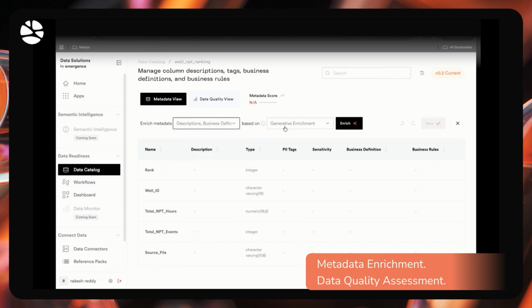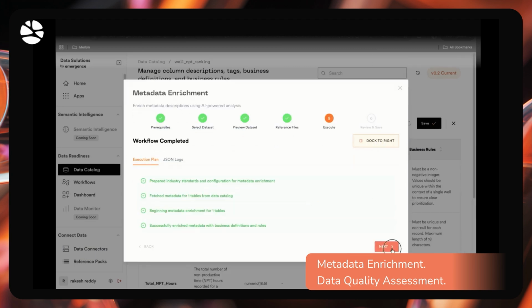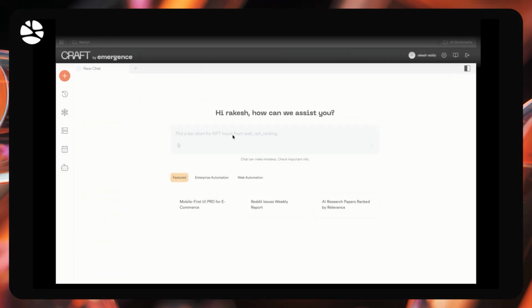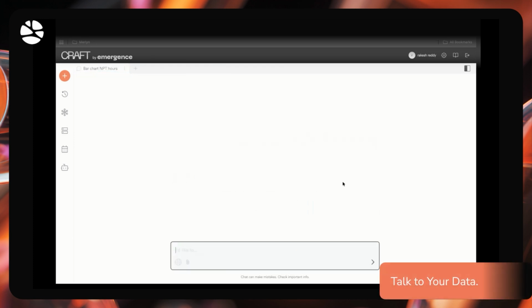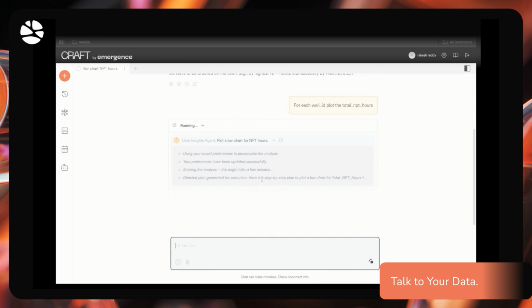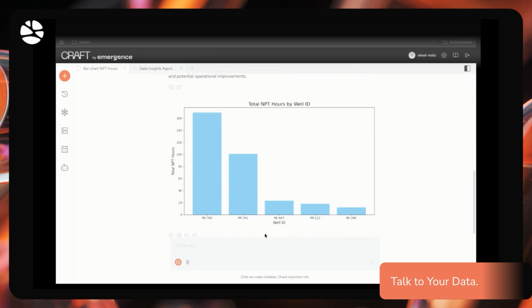Metadata is enriched, definitions and sensitivity tags are applied, and data quality is assessed automatically. With your business context in place, you can now engage with the data more deeply. Generate insights, perform analytics, and create visualizations on the final structured data set with the full plan and execution visible